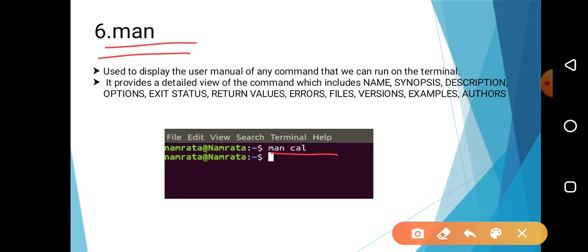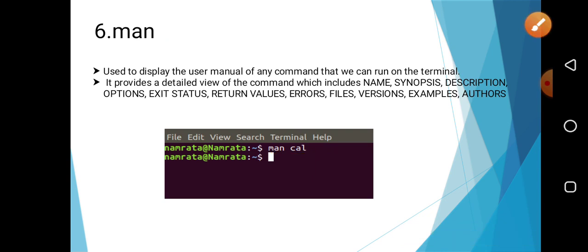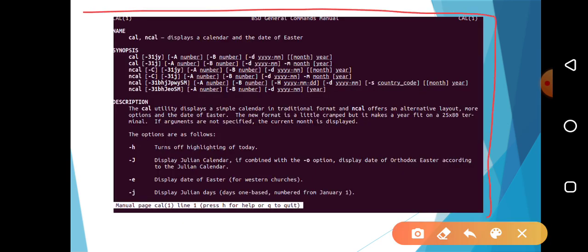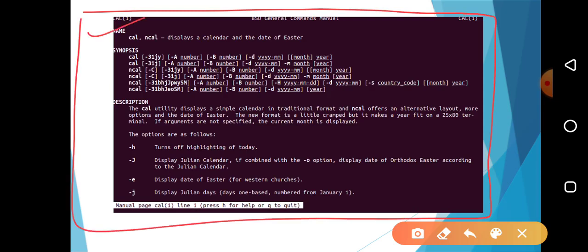By using this command, you can easily get the information about each and every command. So just write down man space the command name. For example, I want information about the cal command. I am writing man space cal. So here the output is like this. It will show you the whole information related to the cal command. That is what is the name of the command, what is the use of this command, what is the synopsis, the description, and what are the different options related to this command.